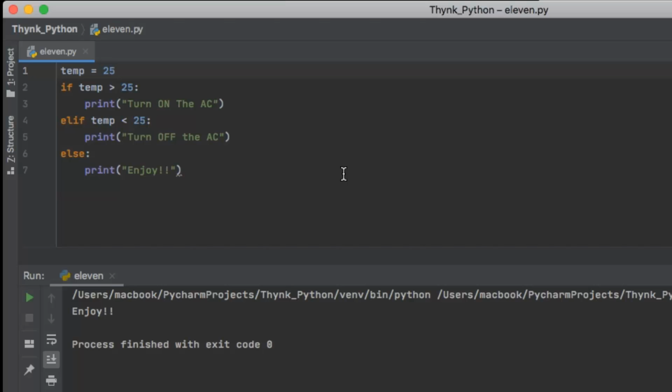So that is how we can make use of if, elif and else statements to provide the output based on some condition. So practice a lot on this code and I'll see you around. The exercise is: specify the age of a person, and if the age is greater than 18, print a message, you are eligible to vote, else print, you are not eligible to vote.